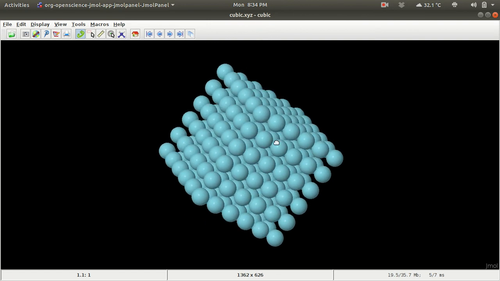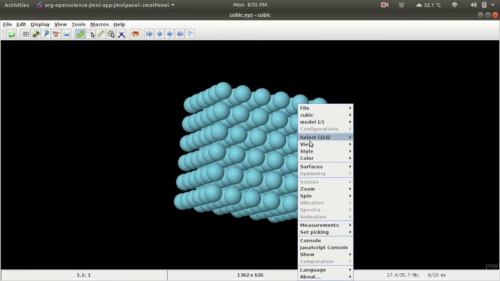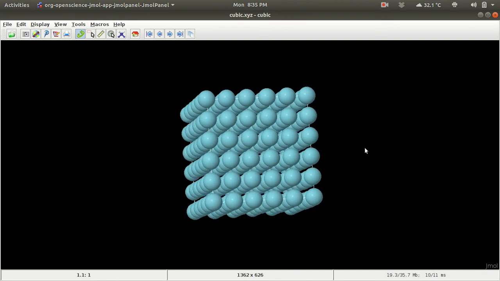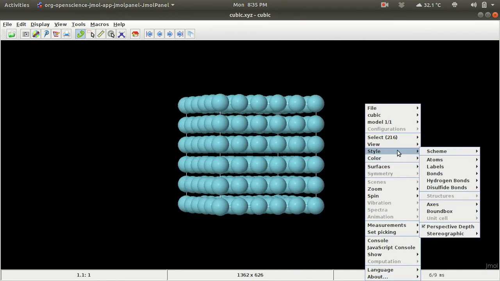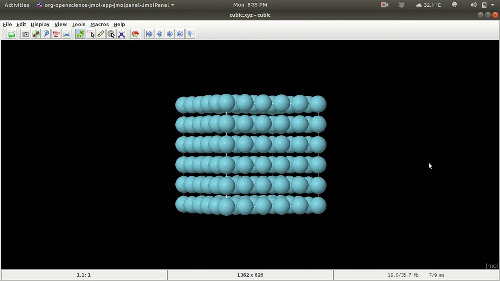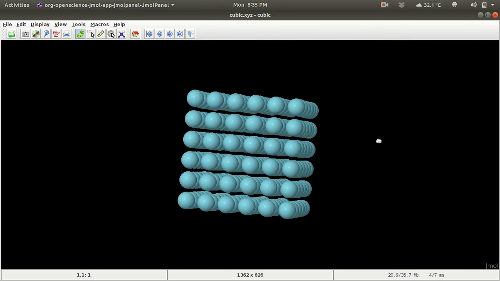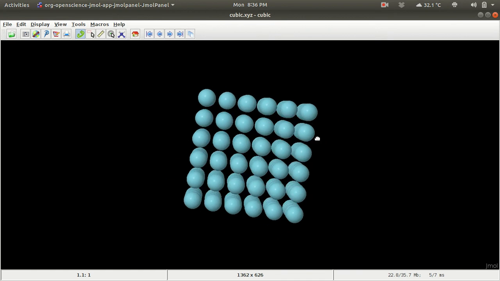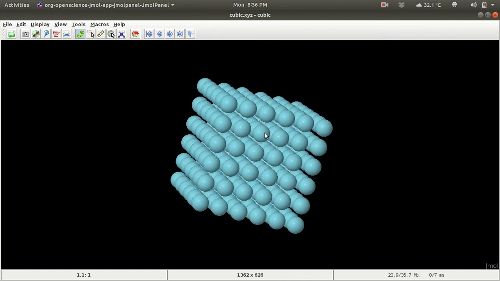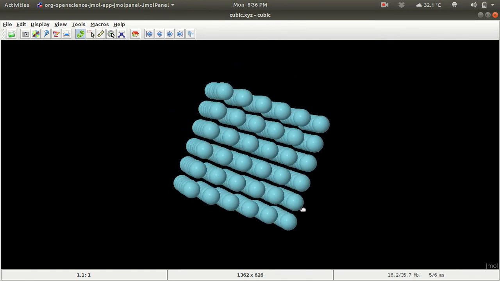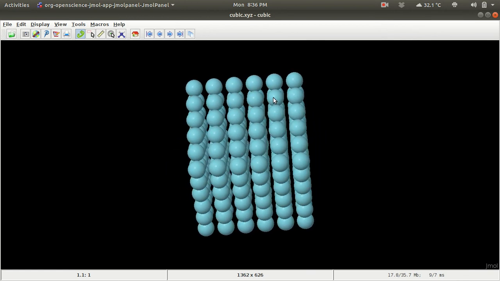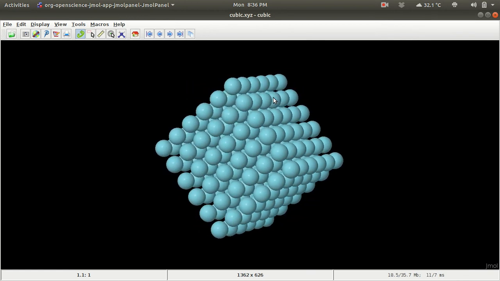Also you can spin this, you can just right click on the system and spin on, and you can also view front, and let's say view right and other stuff you can do. You can play with it, and also you can make an animation with that. So this is all for today. So this is the lecture for 3D initialization for molecular dynamics.